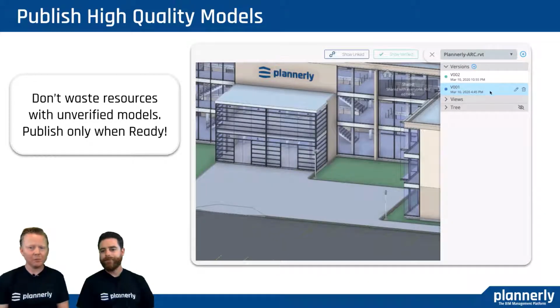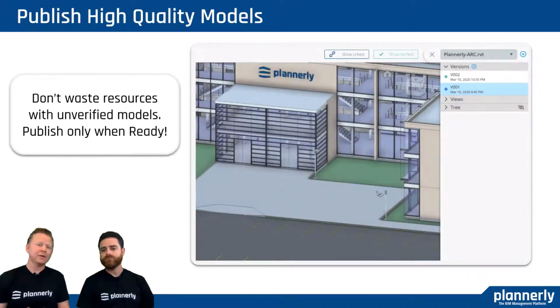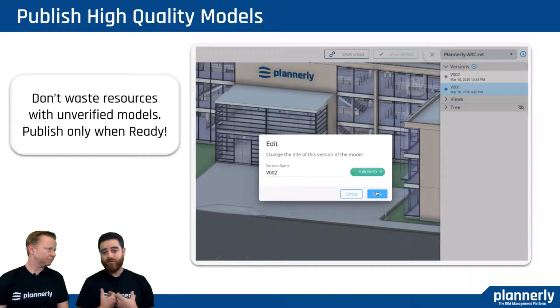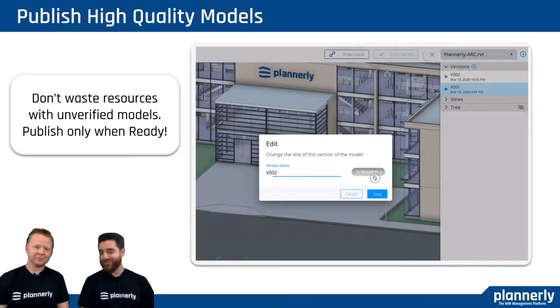So once we publish the model, you can see then it will be available for download. This is following the ISO standards as well. So making sure that we know there's work in progress, that there's a shared status, and then there's a published status that can only be accessed by certain people at certain times with that controlling and the privilege. Yeah, and this really helps whether you're receiving a model to verify this or sending a model. So, you sending the model to a client, contractor, whoever that is going to be taking a look at this or using it, it really relieves a lot of stress off your shoulders.